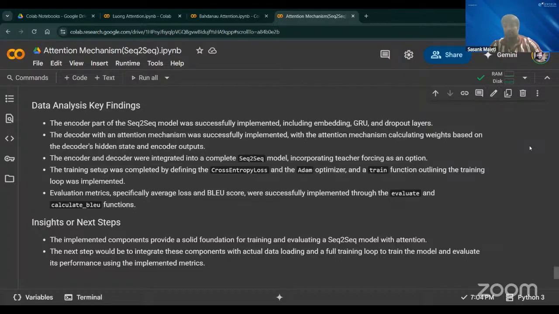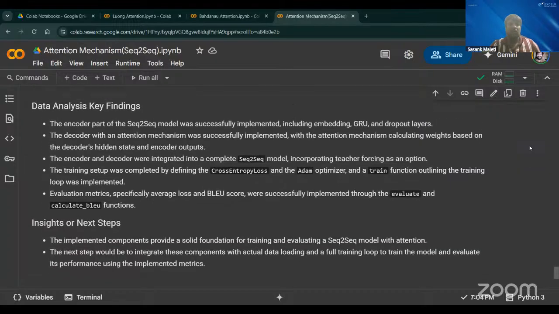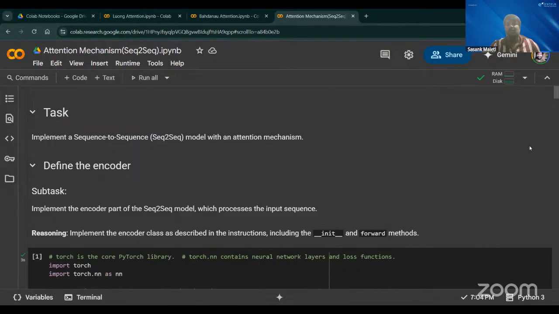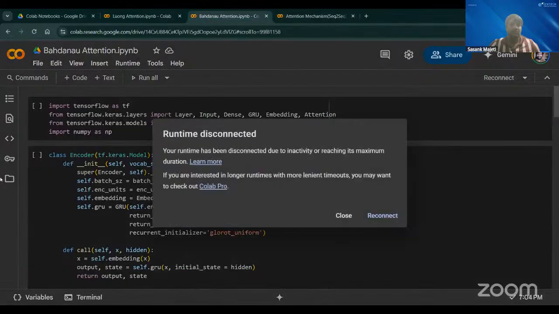Then we used the evaluation metrics, specifically average loss and the BLEU score, successfully implemented through the evaluate and calculate BLEU functions. So this was the basic thing inside the attention mechanism. Now, if we go to the next part, which is the Bahdanau,